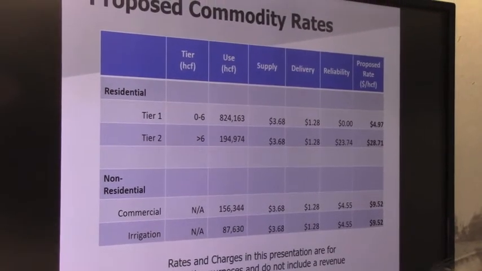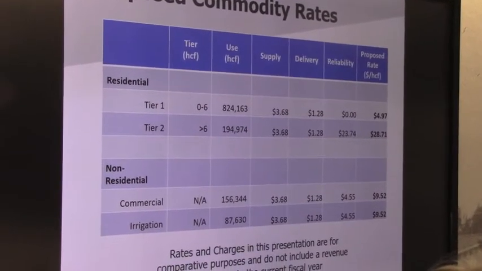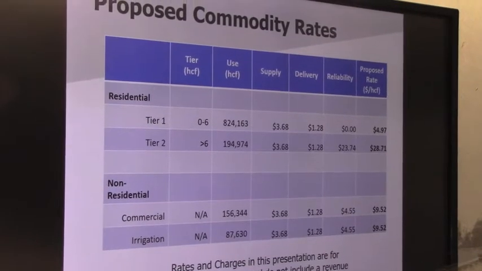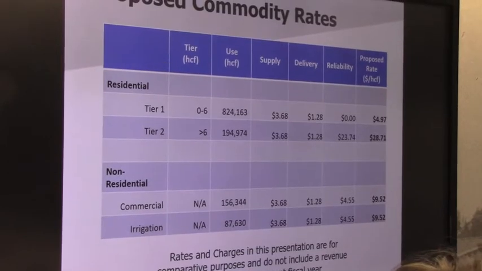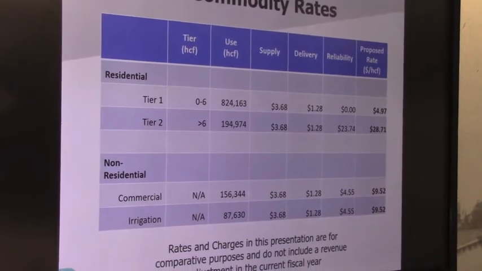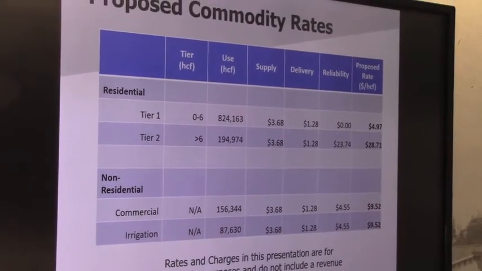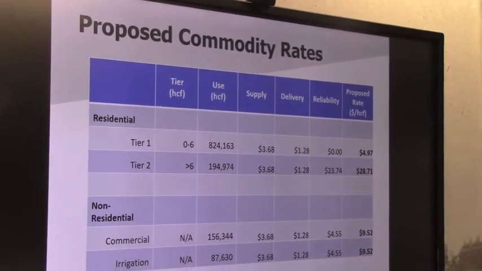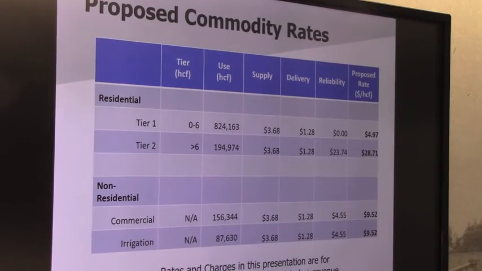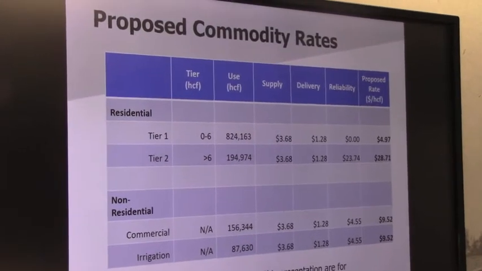You could do 2 curves here. 1 unit, 2 units, 3, 4, and it'll go like this, and so wherever you are, some will be higher and some will be lower. We'll be able to show that to people, because this doesn't mean anything to the average consumer. No, but I wanted you guys to take a look at it because it is a little different than what we've seen in the past.